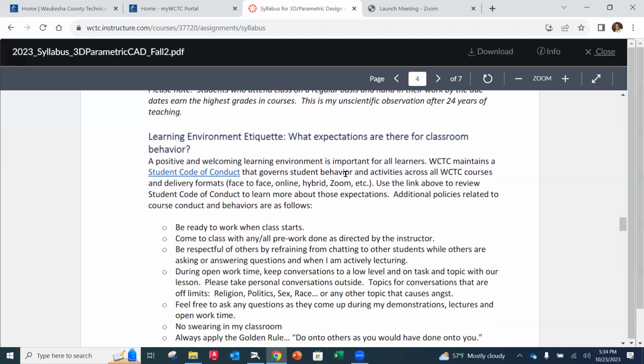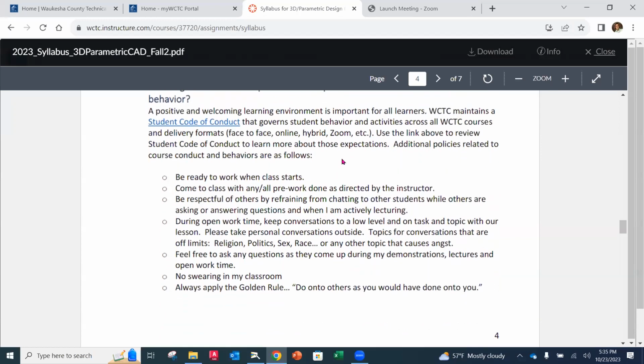Okay. Learning environment etiquette. So, basically my expectations for you are just like in any other class, we want to keep this a really nice, good learning environment. So first and foremost, WCTC maintains a student conduct code, and that's part of the handbook. And you being a student here need to abide by this. So there is a link here for you to go through it. I'm not going to go through it here. But